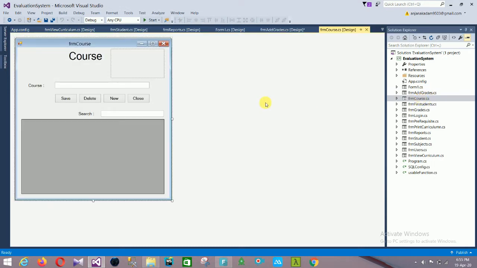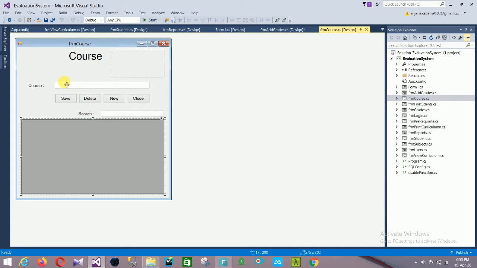This is the course form. In the course form, this is the grade view. This is the course text box. This is the save option, delete, new, close, and this is the search option, and this is the data grid view for displaying information about courses.